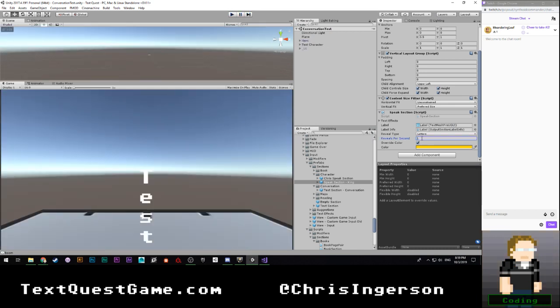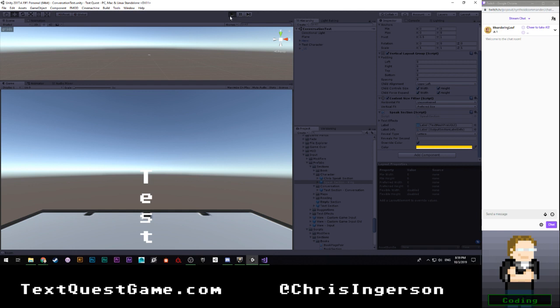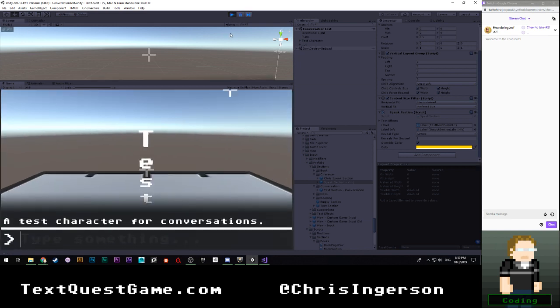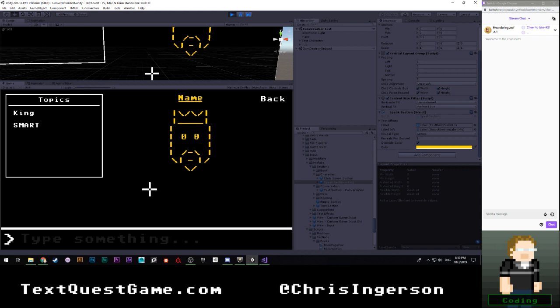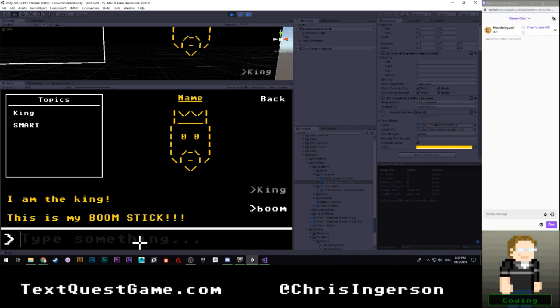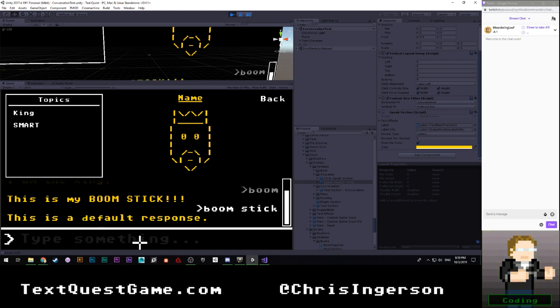Let's slow you down to 1. So this will reveal 1 character per second, roughly. I'm not entirely sure why the previous time we played it revealed so fast. It should have been much slower. So we're going to talk. Okay, we got our avatar up here. We're going to go ahead and subtype king. Wow, it's still revealing super fast, so that is clearly not a true reveal. Something else is going on there. So I'm going to go ahead and say boom. It is slower, which is interesting. So boom stick, I'm curious about.